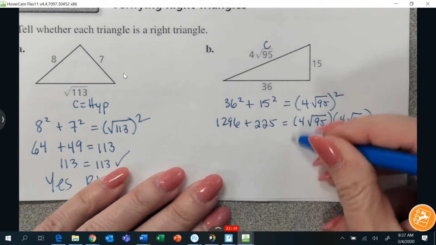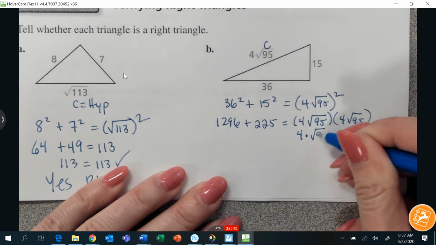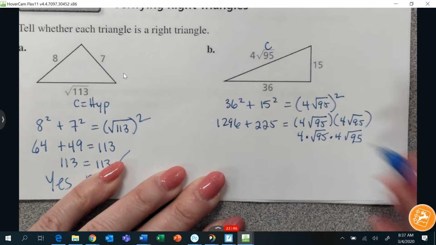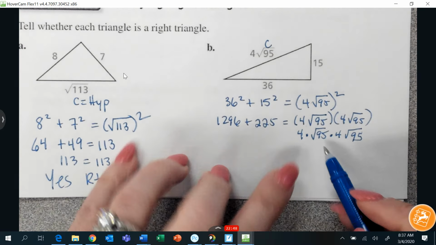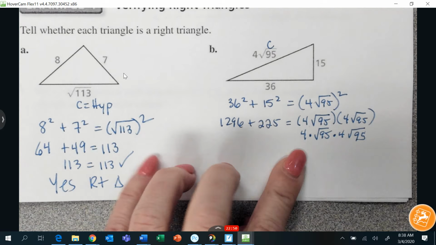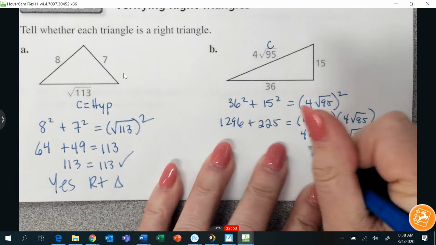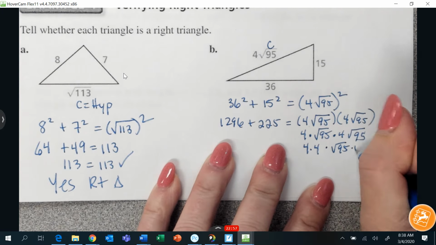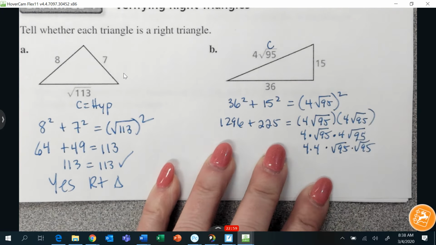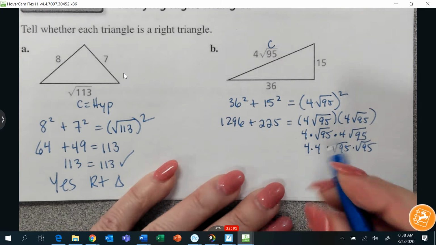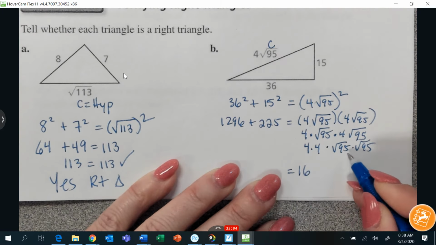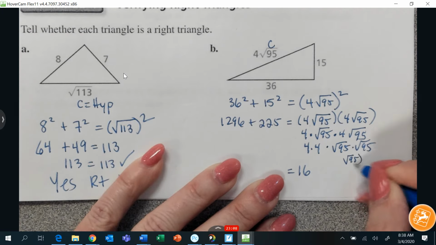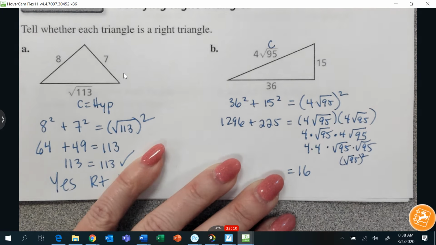So this is the same thing as 4 times square root 95 times 4 times square root 95. And with multiplication, you're allowed to multiply in any order that you want. So I'm going to multiply in the order of 4 times 4 times square root of 95 times square root of 95. What's 4 times 4? Okay. And then the square root of 95 times the square root of 95 is the square root of 95 squared, which is,